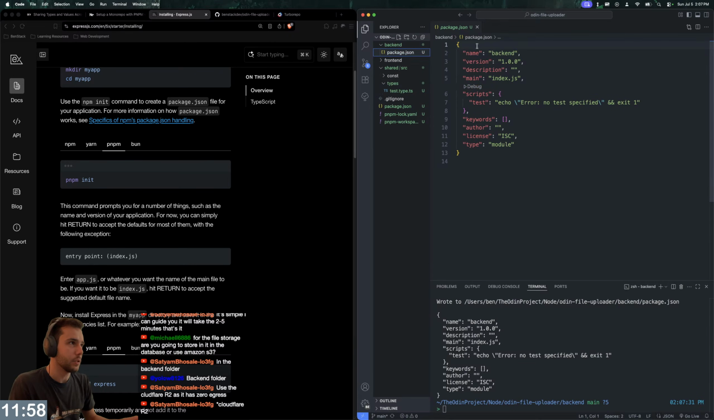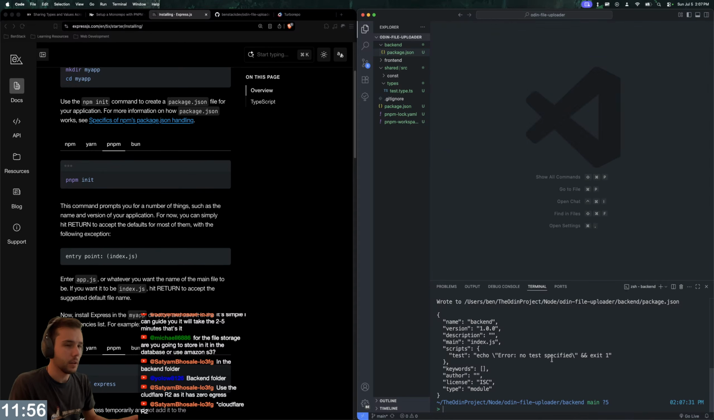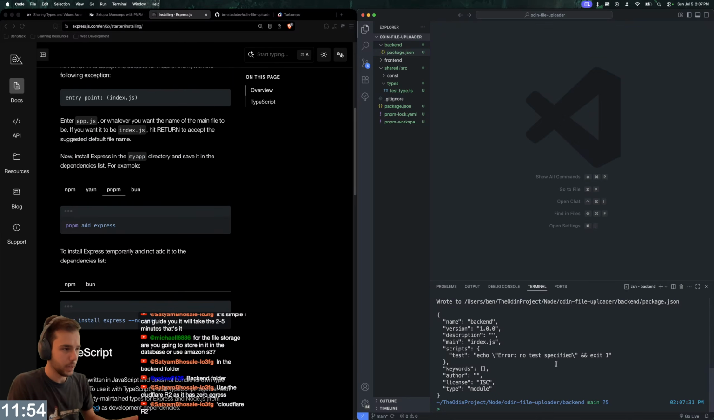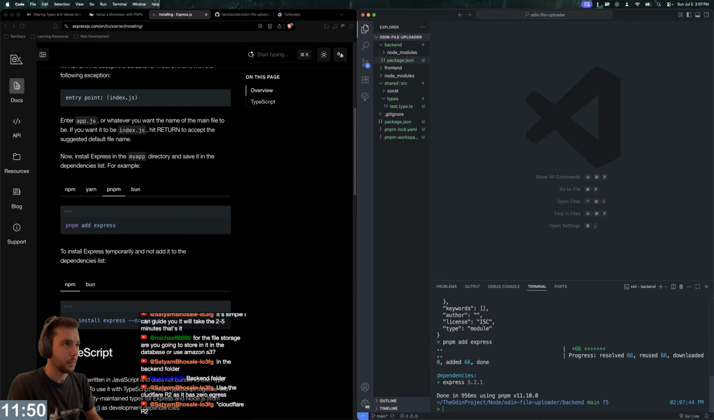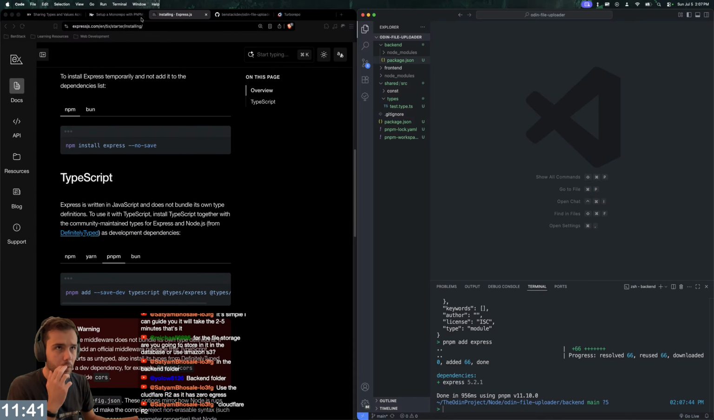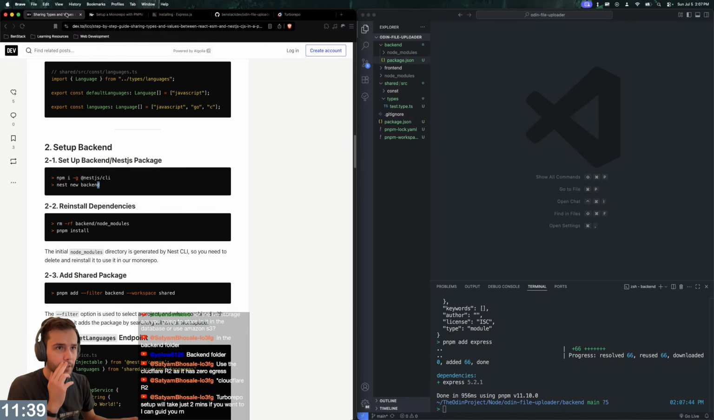Okay, so there's our package JSON, right? And then we're going to do npm add express. Okay. And then I don't know if I remove the node modules or what. Because it has a bunch of node modules that come with it. The initial node modules directory is generated by an SCLI, so you need to delete it and reinstall it